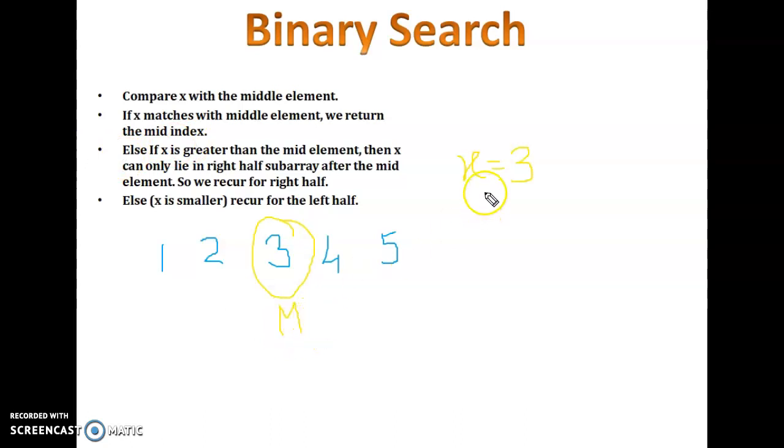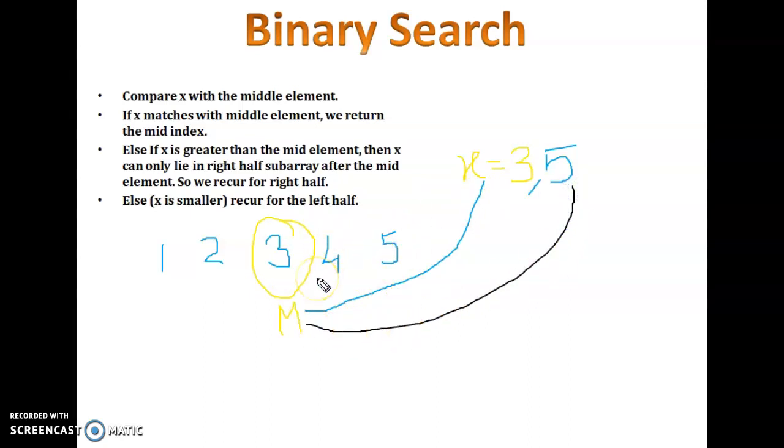the comparison should be done between x and m. If x is compared with m, and both are the same, you can say that the element that we wanted to find and the middle element are the same. Then I can say we are successfully finding the element over here. Now let us take the element to be found as 5. So first, the comparison should be between m and x.